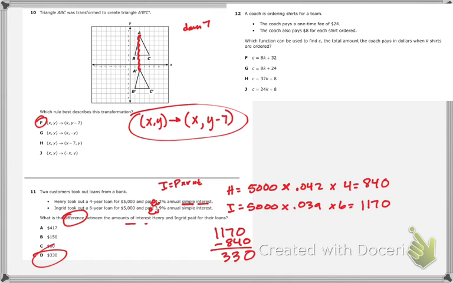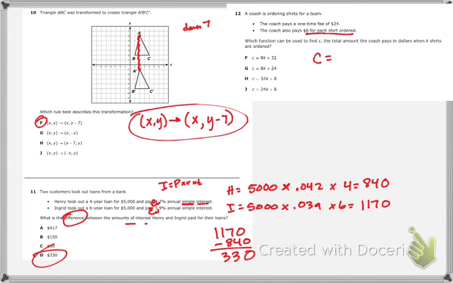And let's go up here for number 12. A coach is ordering shirts for a team. The coach pays a one-time fee of $24. The coach also pays $8 for each shirt. Which function can be used to find C, the total amount the coach pays in dollars when K shirts are ordered? So we have C is equal to,